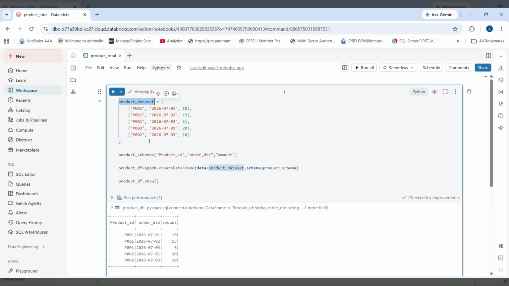The dataset contains a list of tuples. For that we have created the product schema and given the column names: product ID, order date, and amount. Now we need to create a DataFrame. For that we have used spark, which is the Spark session object, the entry point to Spark. Using the createDataFrame method, we have converted this dataset into a DataFrame,